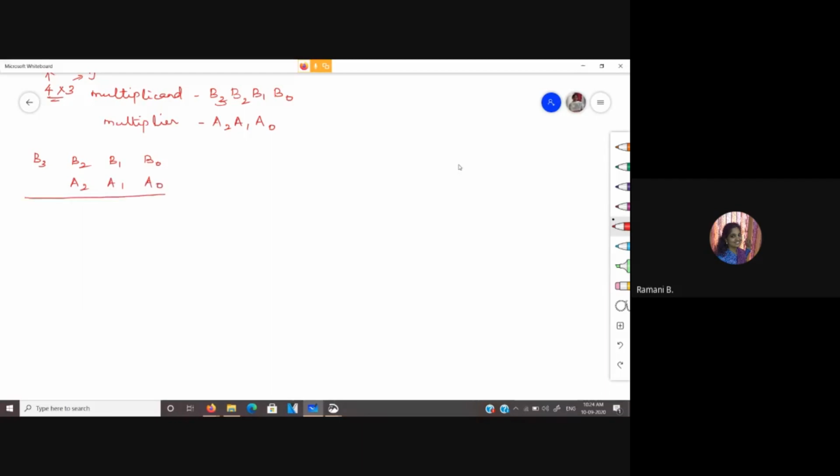The same way if we are going to do the multiplication, this is A0, B0, A0, B1, A0, B2, A0, B3, and for the next bit, A1, B0, A1, B1, A1, B2, and this is A1, B3.